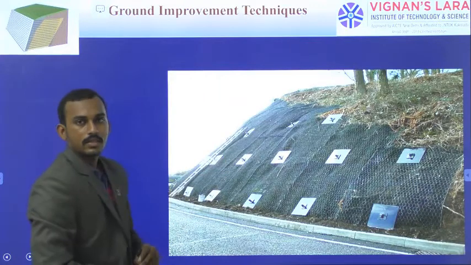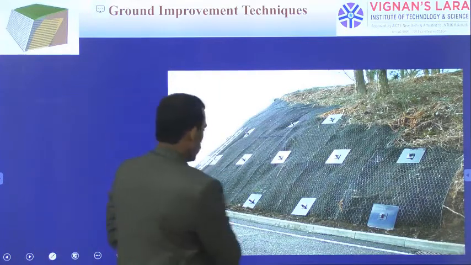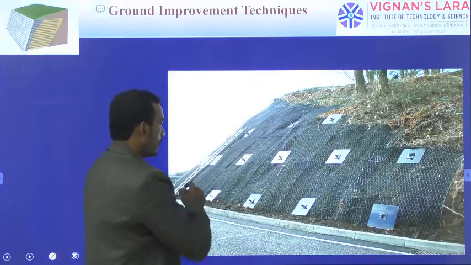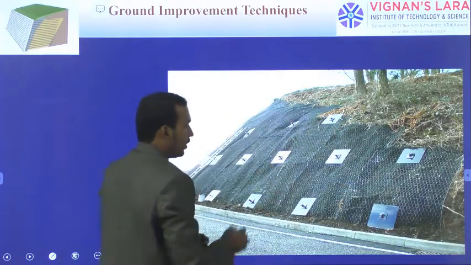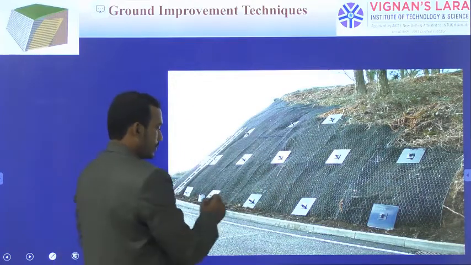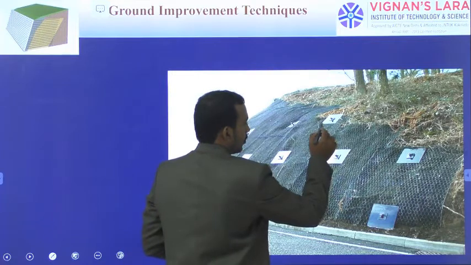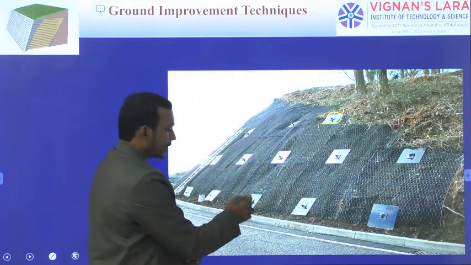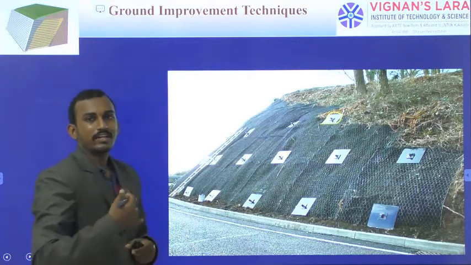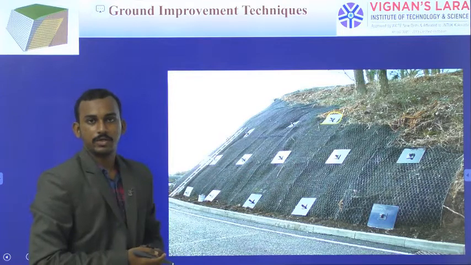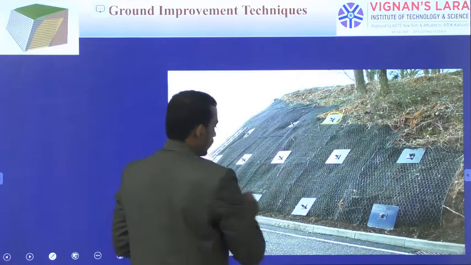See, simply this is a soil layering. This is the soil that may fall, but what we are doing is we have provided some geogrid and all, and we are inserting the nails into the soil. See, these are all nails. Around the nails we are also placing the bearing plates and even anchors. The nails may get loosened, so in order to prevent it, we are providing some nut and bolt arrangement. So these are all the soil nails.